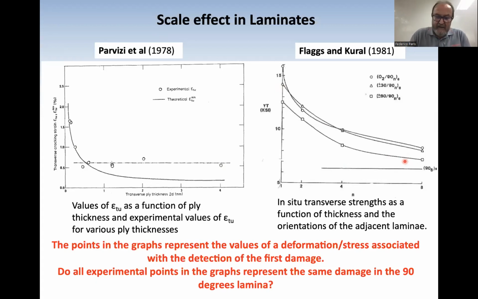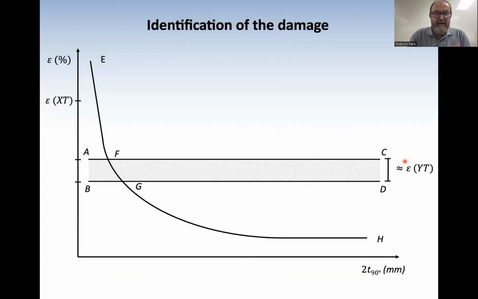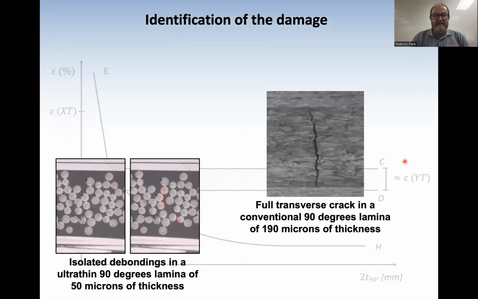This is, for me, a key point. And in fact, we can represent this by means of these two images. So at the end, we have the representation that can be used for Puck's criterion or for Hashin's results or many other results. So if we are in a thin lamina, the failure we get is this one. If we are in the use of a thick lamina, what we get is what you have on the right-hand side. It's completely different, and I will try in my 5 minutes